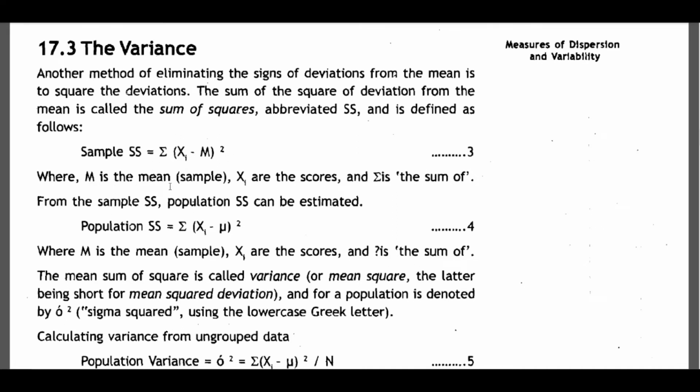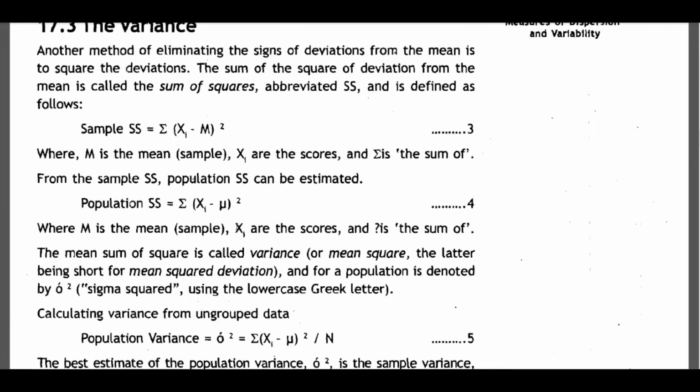Then m is the mean and xi is the scores, and Σ is the sum of the total. From the sample SS, we estimated the population SS. The population sum of squares SS you can calculate like this, where m is the mean, and xi are the scores, and Σ is the sum of